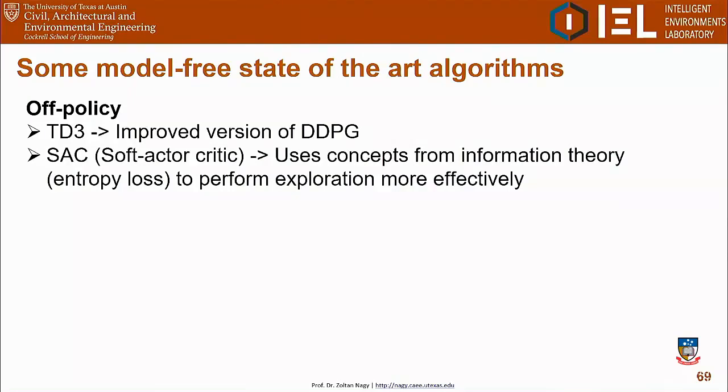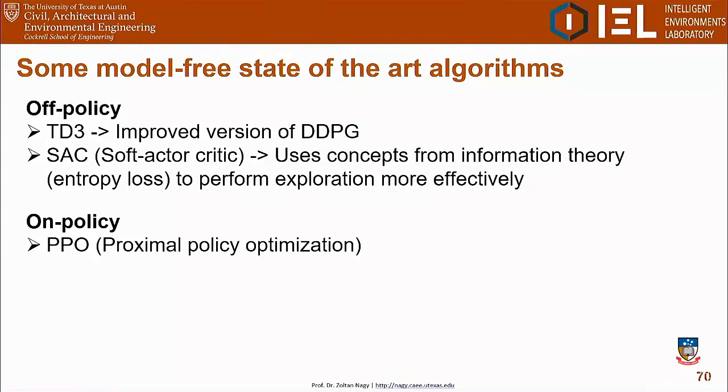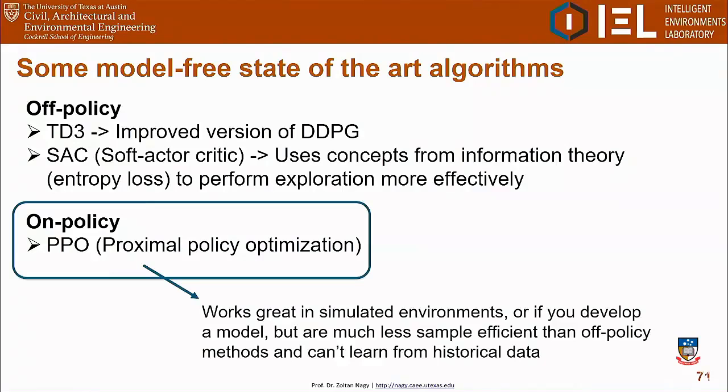Then when we have some errors in these updates, they might propagate, and they can add a lot of noise into the system. And then there's another method, the Actor-Critic method, that we will be exploring further tomorrow, which is more stable, and it shows pretty good performance. And on the on-policy methods, we have proximal policy optimization, or PPO, which is also really good, but